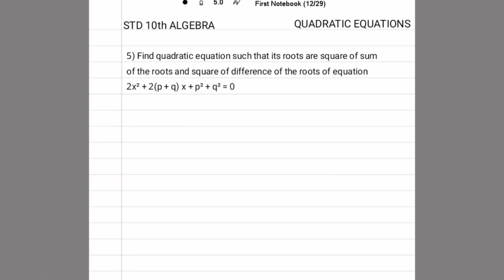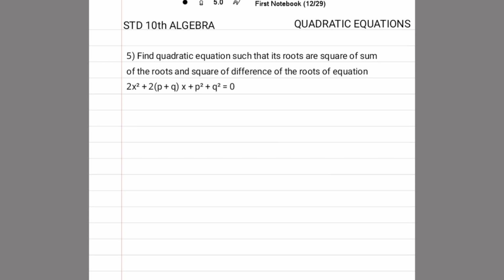This is a question, and as I said, this question is based on the roots. We have to find the roots and then form the quadratic equation. Okay, so basically we have to just use what we have learned till now and do this sum. Okay, so the first thing